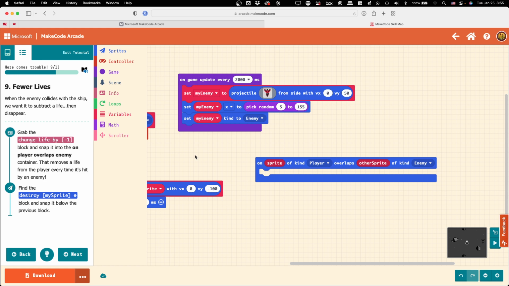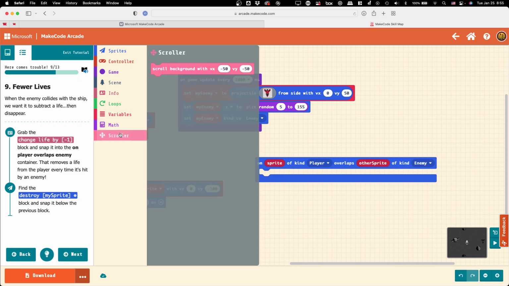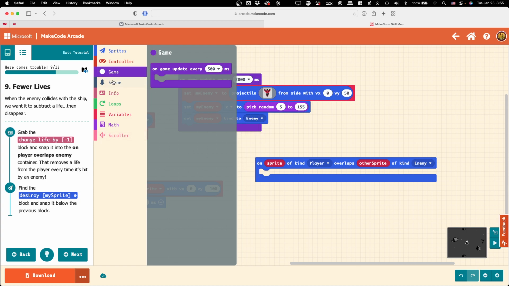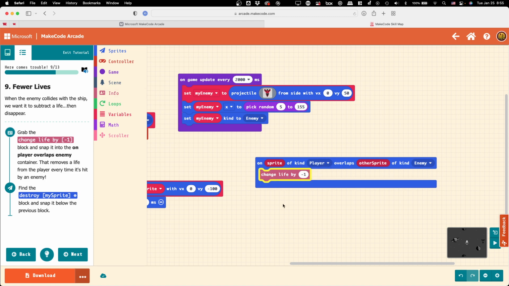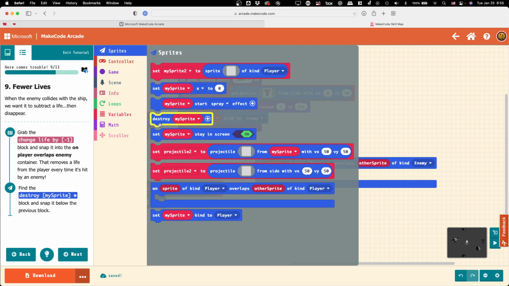Die or lose life or something along those lines, right? Okay, so in this case, we'll do two things. We'll deduct 1 point of life from the player, and we'll destroy the enemy. Okay, so under scroller, or not scroller, it'd be under game, where is it? Info, okay. Change life by -1, okay. And then under sprites, I'm going to destroy